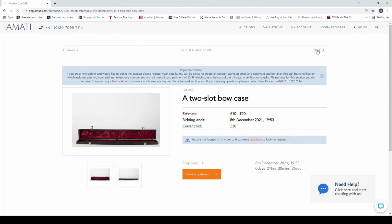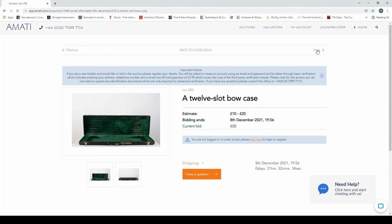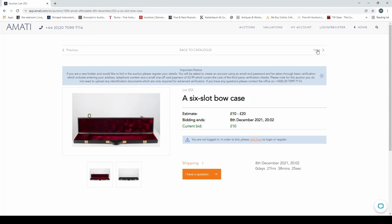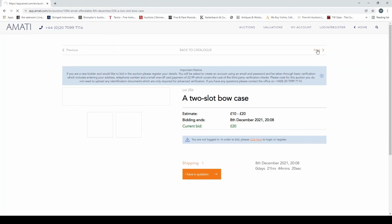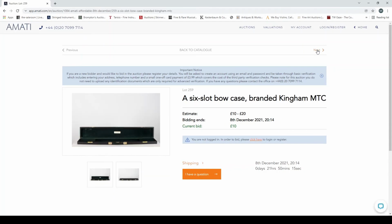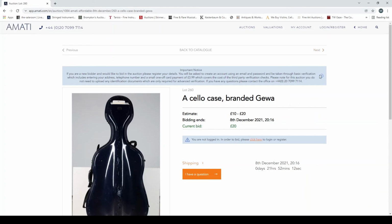2-slot bow case. 12-slot bow case. 6-slot bow case, branded Kingham. 6-slot bow case, branded Kingham. Another 6-slot bow case, another bow case, 2-slot bow case, 4-slot bow case, 6-slot bow case, another bow case, cello case branded Gira,